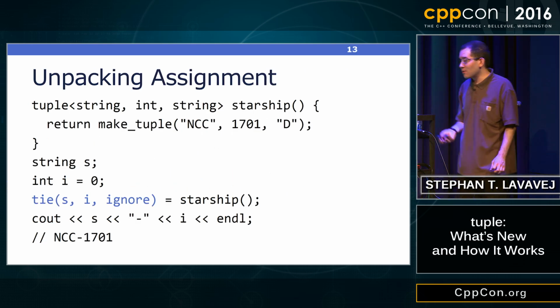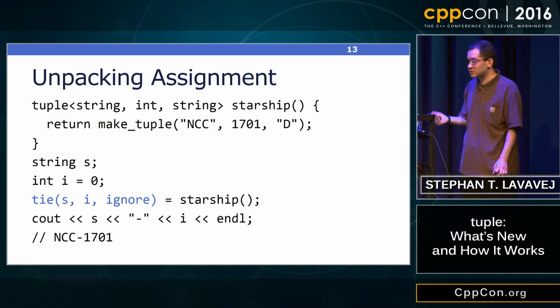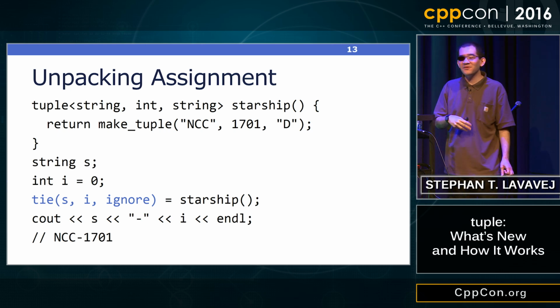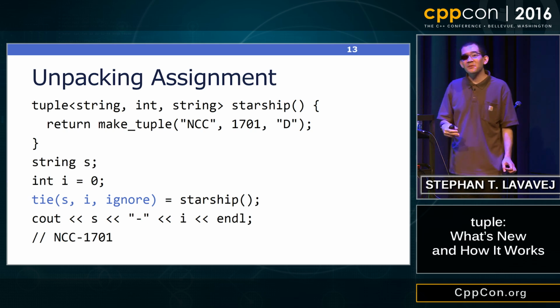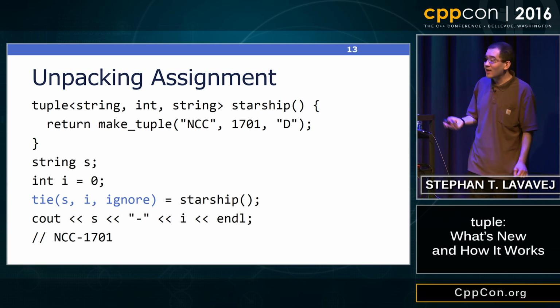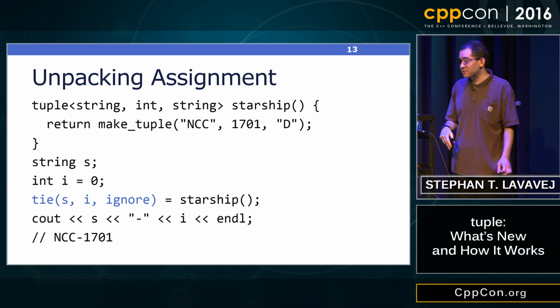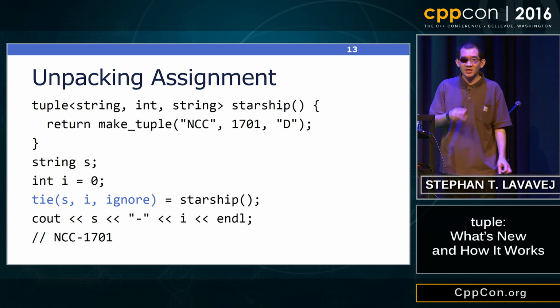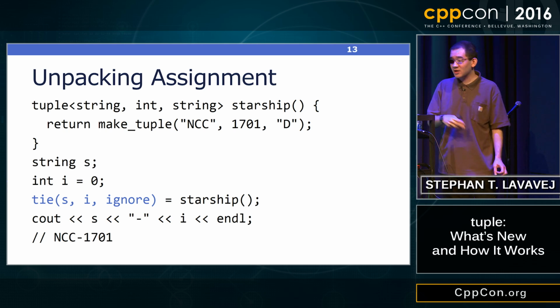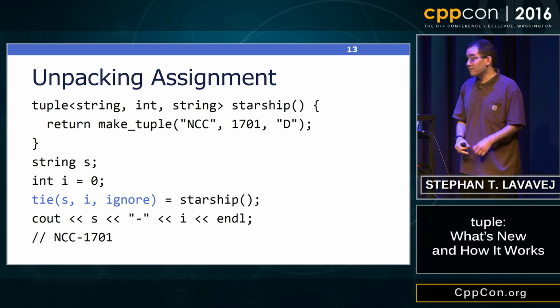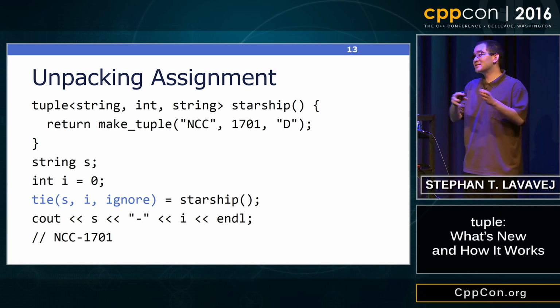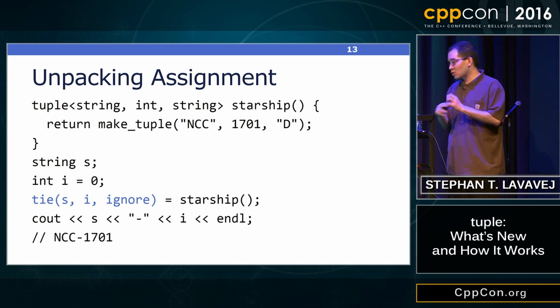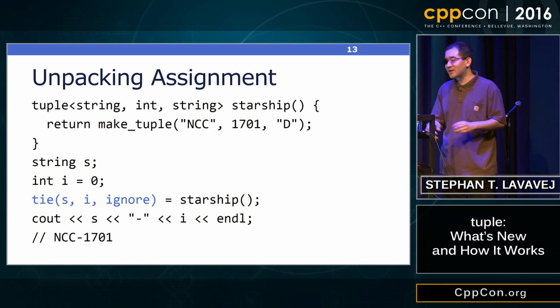Here's an example. Imagine I've got that exact same function Starship returning a tuple. What if I already have a few variables that I've already defined, string s and int i, and I would like to assign to them? Well, I could always say I'm going to have a tuple, maybe defined with auto, and then say s equals get 0, i equals get 1 from the tuple. But if I would like to take a shortcut, I could simply say tie s and i together